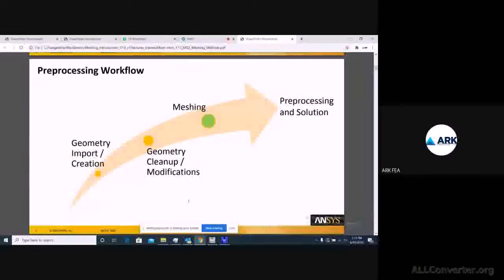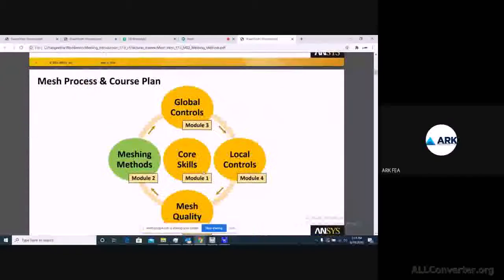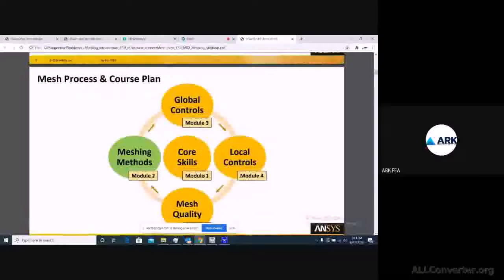So those things you can do in the cleanup operation, and the next part would be you will be working on your mesh, and there you apply boundary conditions and get out of your pre-processing and get back to your post-processing part, right? So where you will get your solution depending on the inputs you have provided to it.